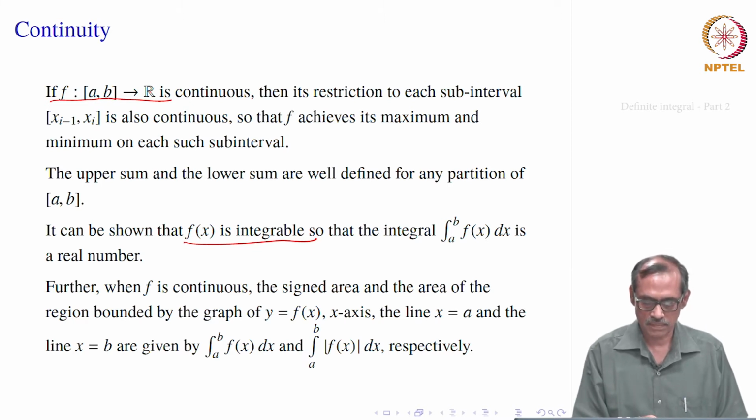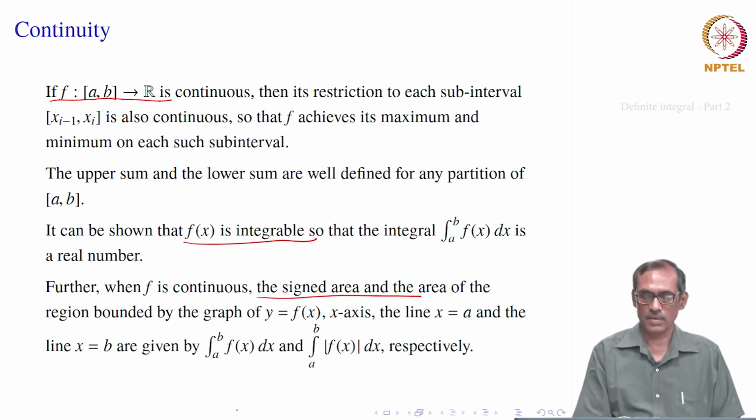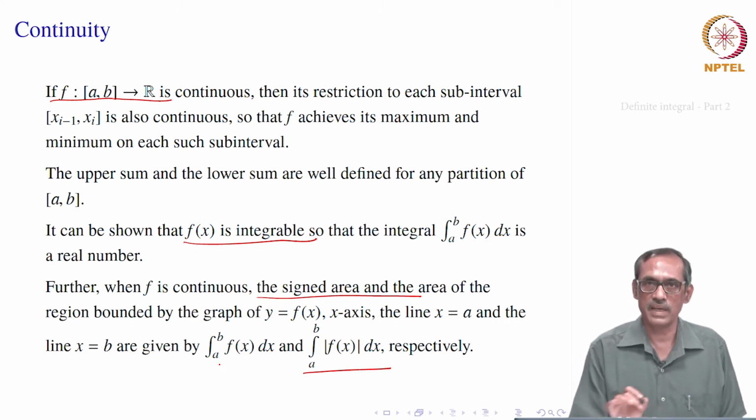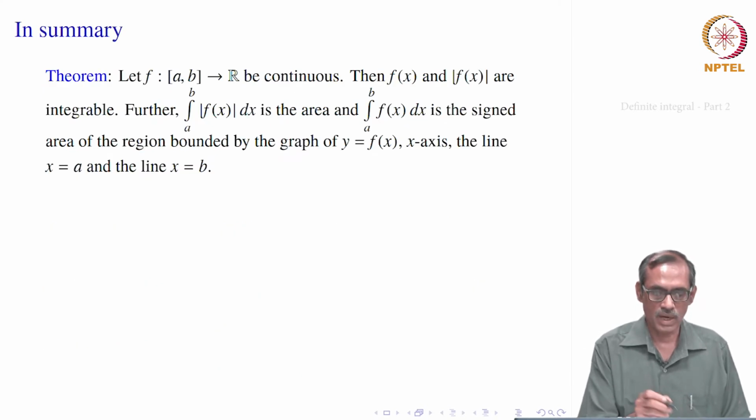We accept this result. Further, in that case we are really getting the signed area. And what is that signed area? What is the region? It is the region bounded by the curve y equal to f(x), the x axis and the lines x equal to a and x equal to b. It is the signed area. So, when you go for computing the proper area, the geometric area, that will be the integral from a to b of mod f(x) dx. That also should exist, because they are just signs. So, you can compute them and add them together after taking the absolute value. So, this is the basic idea of the area and integrability. We will see what it means.